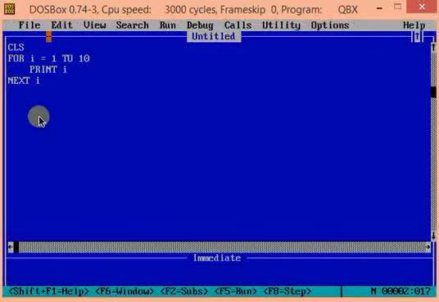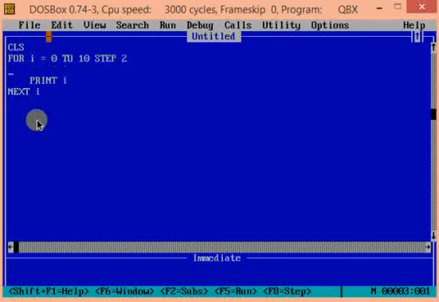Most of the time you will not write step 1 because most of the time we want the default increment to be 1. However, step can be used if you want to increment the value of I with a different number. Let's say you want to print even numbers between 0 to 10. You can simply change this for loop to for I is equal to 0 to 10, step 2.